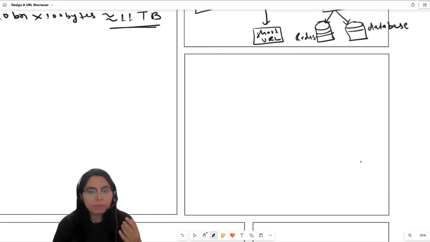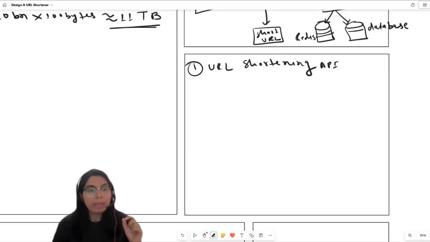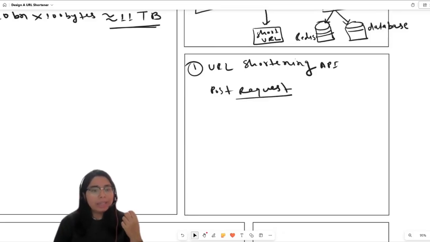As we mentioned, two of the core functionalities of a URL shortener service are the URL shortening API endpoint and the URL redirecting API endpoint. This is a POST request where the user is sending a POST request with a parameter,